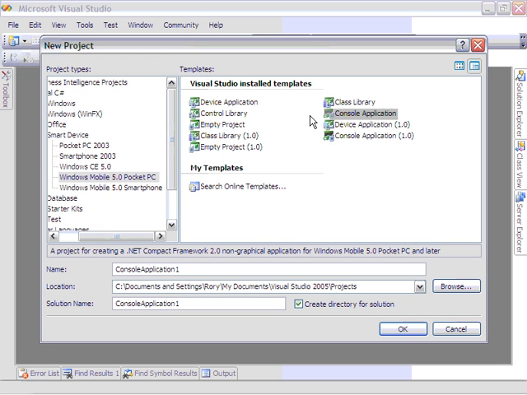Some other options we have here. You see we have the device application repeated over here, along with the other project types, and with the 1.0 in parentheses. All these mean is that these would be created against the .NET Compact Framework version 1.0. So when you're writing a Windows mobile application, you're going to be writing it against a special version of the .NET Framework called the .NET Compact Framework, which is